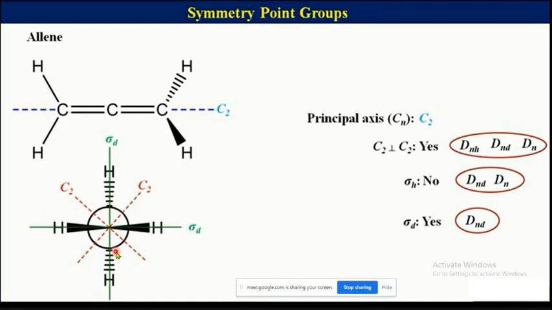Now in any direction, one way I have shown you. Even you can take it this way also. This is one C2 and this one is the second C2, right? Two C2s at 90 means possibility of sigma D. Where sigma D is going to pass through, always remember, it will pass through the point where the two C2s are going to join. Where are they meeting? Here you passed the sigma D plane and saw. You have placed the sigma D. Now see that. Now imagine whether your molecule is dividing or not.